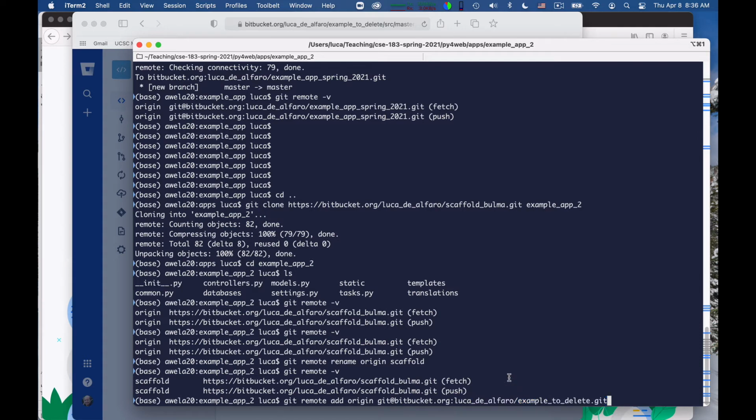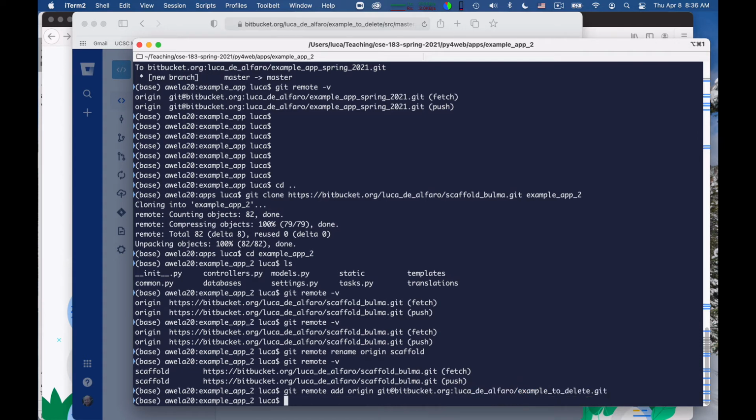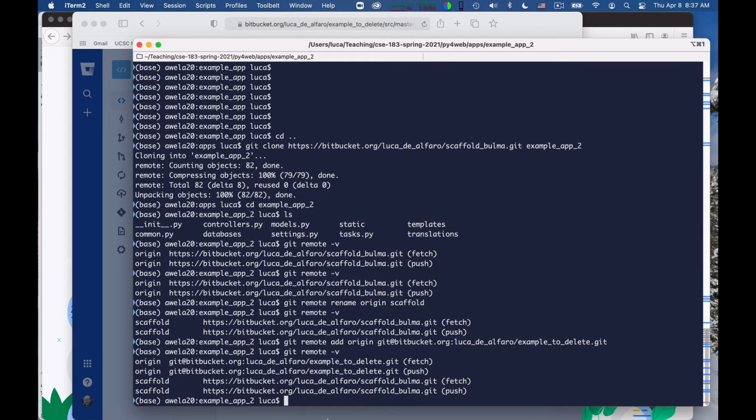You see, now I'm working with two different remote repositories. Git remote v. Now there is a scaffold, which is the original scaffold, and there is origin, which is the main place where I will be working. And then I can simply do git push, or maybe with a force, because it's the very first push, origin master.